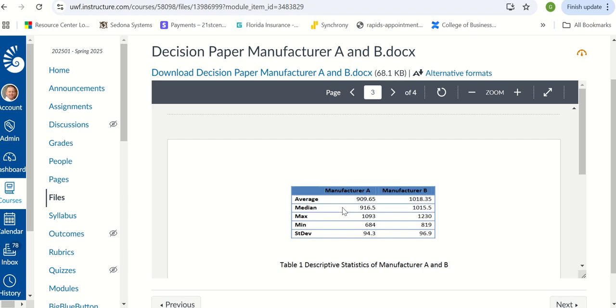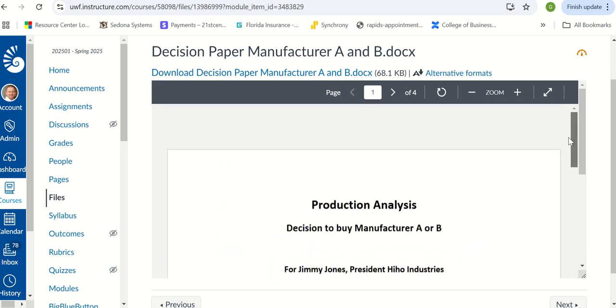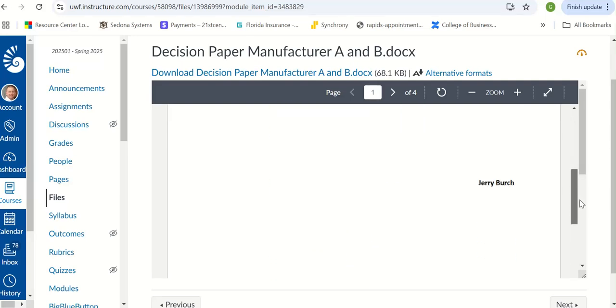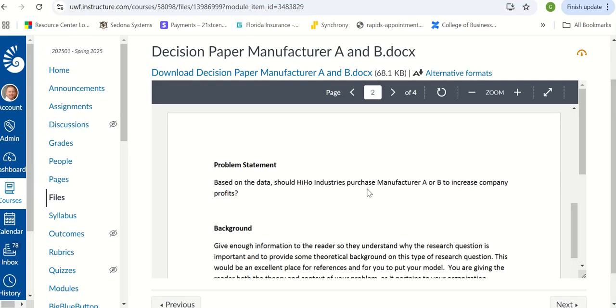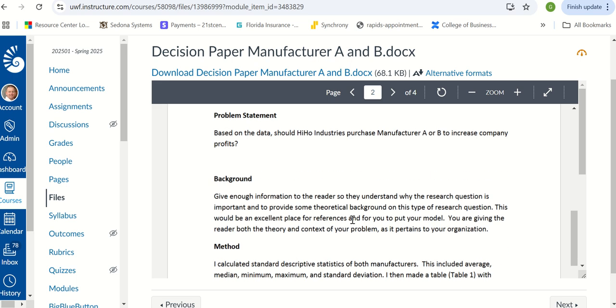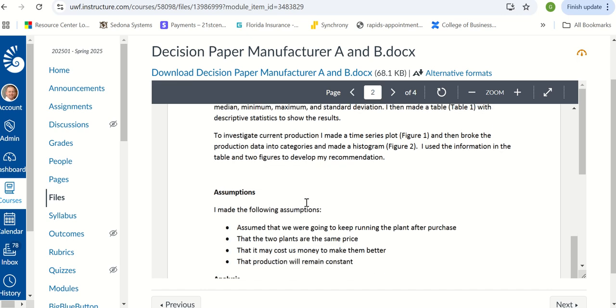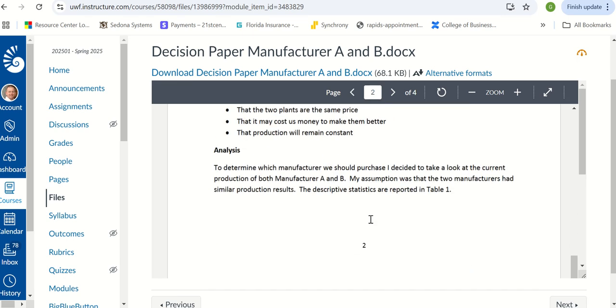All right, a couple of things to make sure I finish this off. You do not have a word requirement on this paper, okay? There is not a word requirement. Instead, there's a content requirement that I'm looking for. I'm looking for a cover page. I'm looking for a problem statement that is based on operations management, enough background to tell me what's going on, a really good definition or explanation of what you did with your method, at least 3 assumptions,